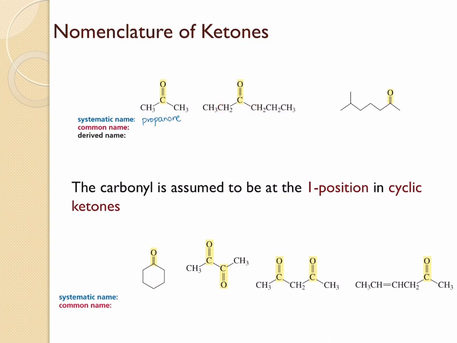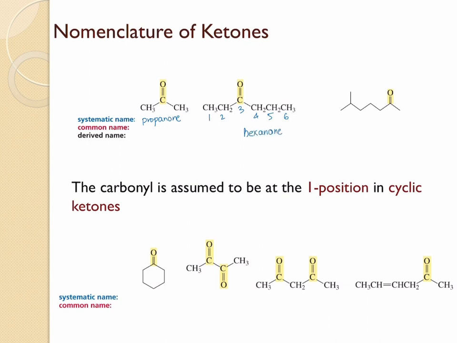And you have to make sure that this carbonyl group gets the lowest possible number after you find the longest chain, making sure that the carbonyl group is included in the longest chain, right? So here there is only one chain, right? And you have to number this compound from left to right so as to give the carbonyl group the lowest possible number. So this would be the numbering for this compound. And since there are 6 carbons, it's going to be hexanone